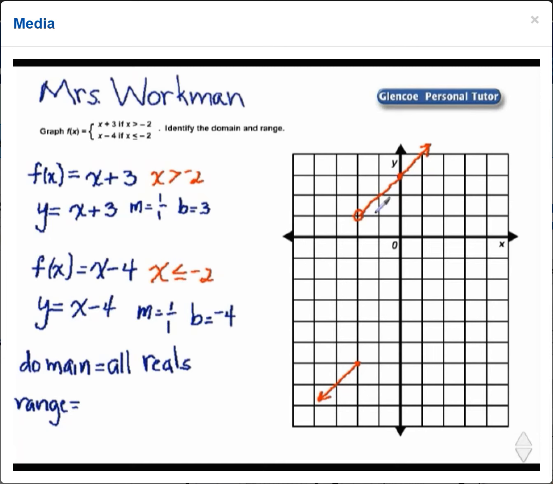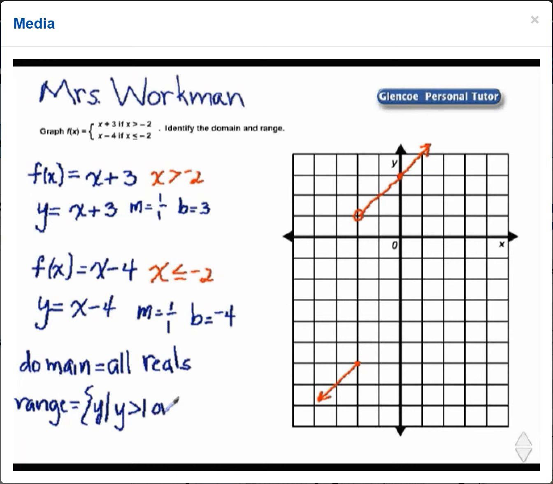So let's go to this portion. Those would be, if we go back here, it would have gone straight back to the point negative 2, 1. So we have the set of all y such that y would be greater than 1,